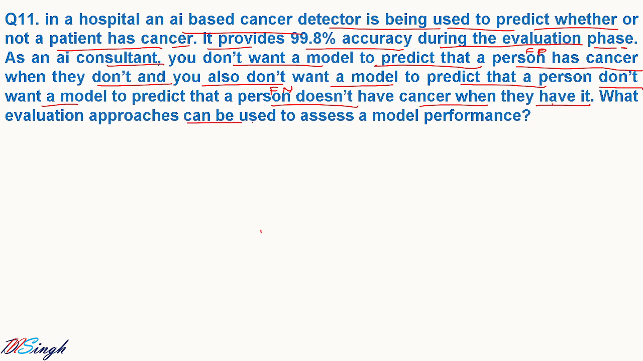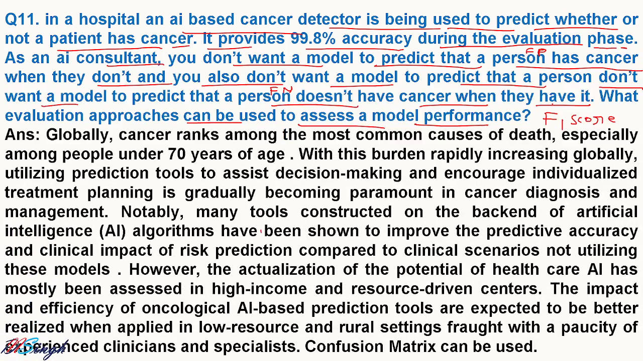What evaluation approach is used to assess the model's performance? So definitely you will go for F1 score, because precision in itself will not help, or recall in itself will not help. Let us see the answer. Globally, cancer ranks among the most common causes of death, especially among people under 70 years of age. With this burden rapidly increasing globally, utilizing prediction tools to assist decision making and encourage individualized treatment and planning is gradually becoming paramount